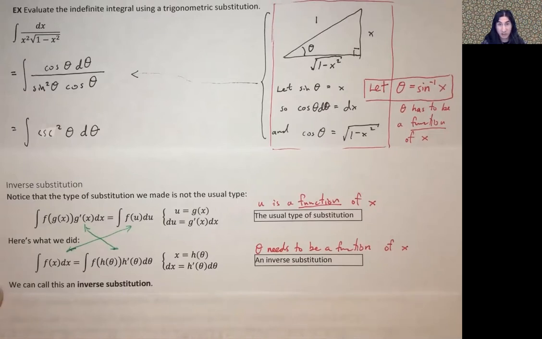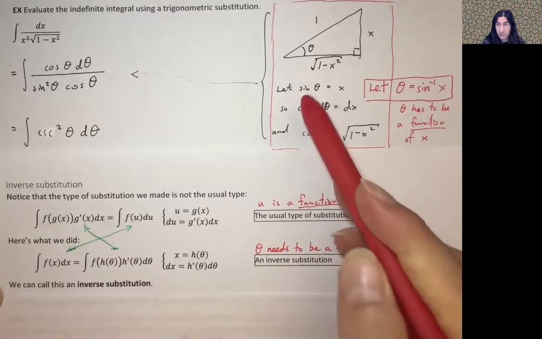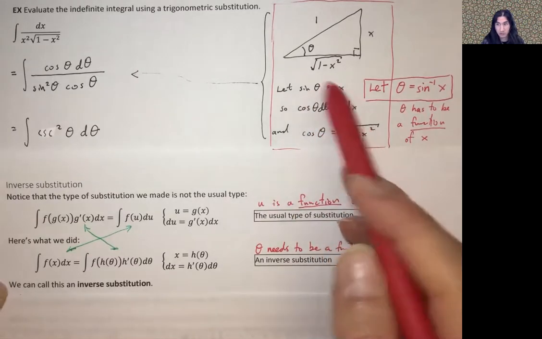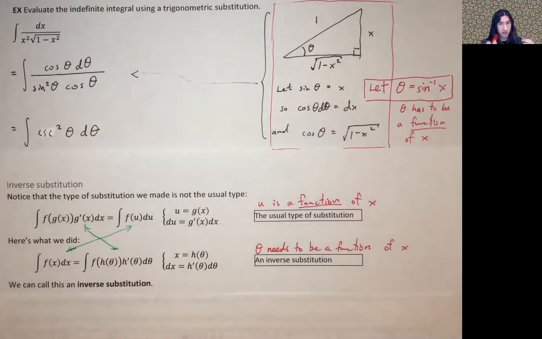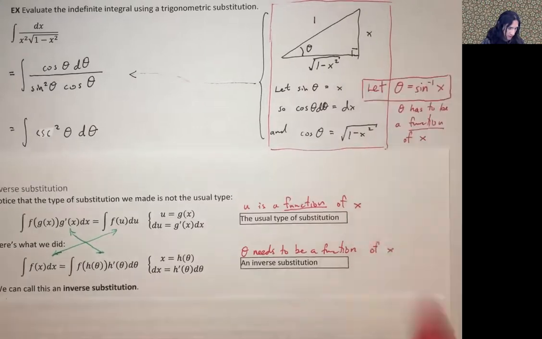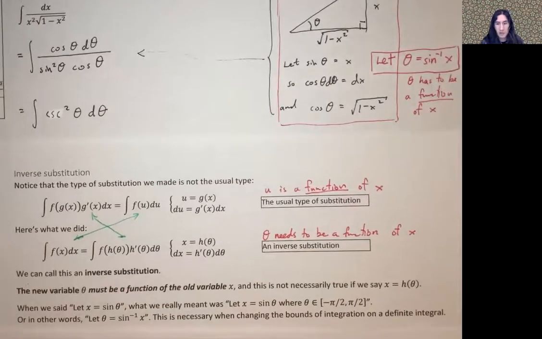Otherwise, it doesn't uniquely define a theta value, because what a substitution is, it should be a way to change x values into theta values, or x values into u values, and vice versa. And this does not specify how to do that. Okay, so